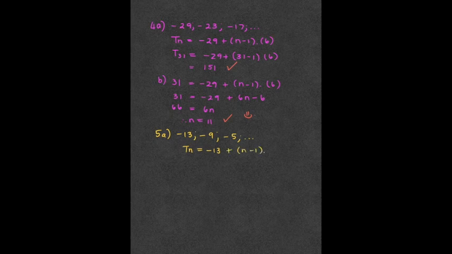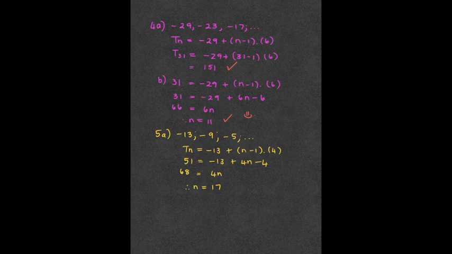What's my constant difference, everyone? I am adding 4 between consecutive terms. Which term is 51? So 51 is the value. -13 plus 4n minus 4. Right, so 4n is going to be equal to 51 plus 17. So what's that going to be? 68. Oh, wait, I'm going to rewrite that. 4n equals 68. Right, so now we're going to divide both sides by 4. So therefore, n is going to be equal to